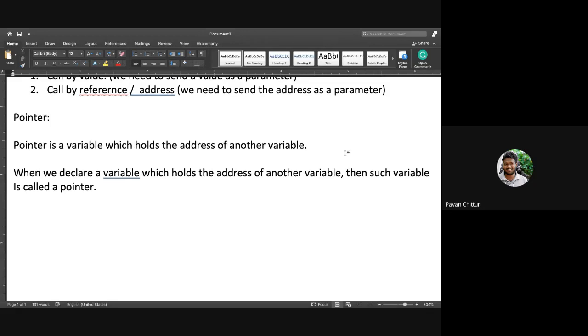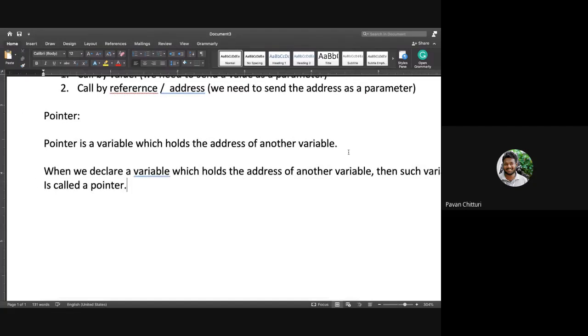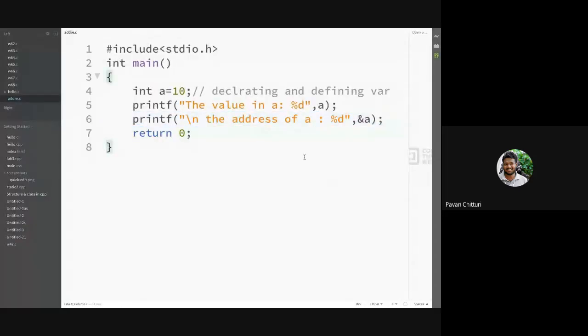And how do you declare a pointer? We will declare a pointer with the help of the star operator. So int a, here int a is the integer.